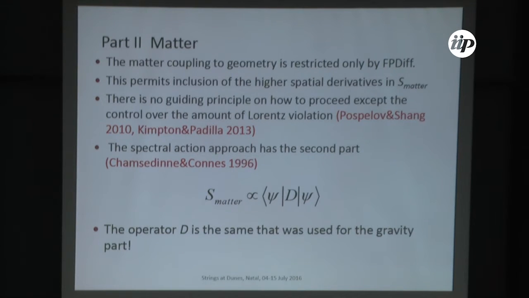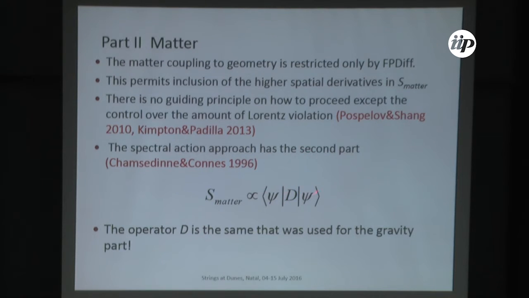Now the matter part. I have like 7 minutes for the matter part. As I said, in this approach we couple matter in the usual way. Usually right now you have Horava-Lifshitz gravity plus a completely undeformed matter part, meaning that it is coupled to the usual metric. In this approach, because the Dirac operator defines the metric, this coupling of matter to gravity is the analog of minimal coupling. In fact, it is exactly minimal coupling.